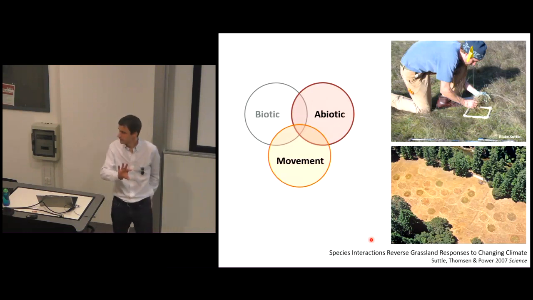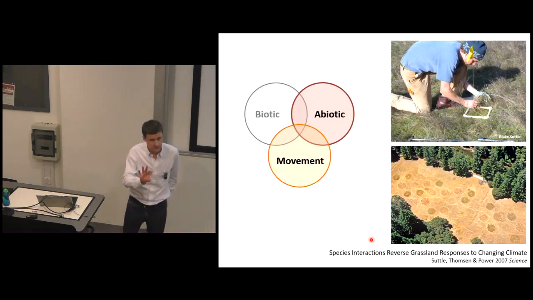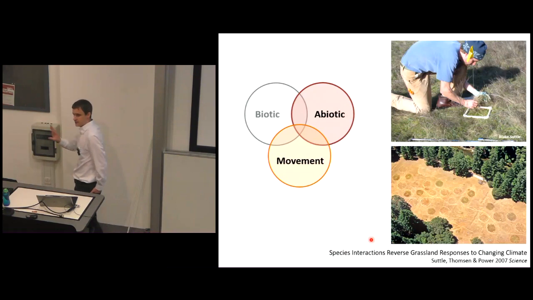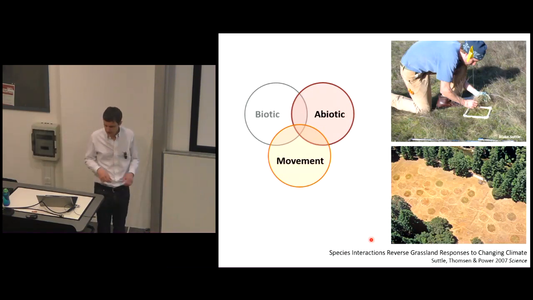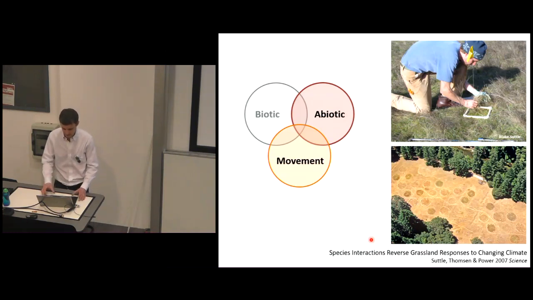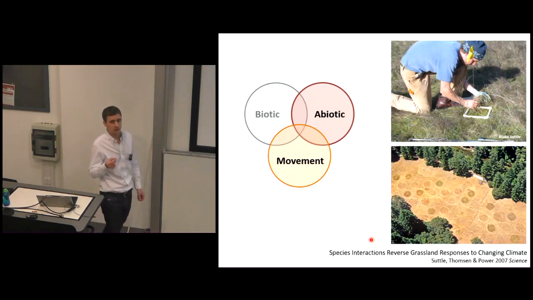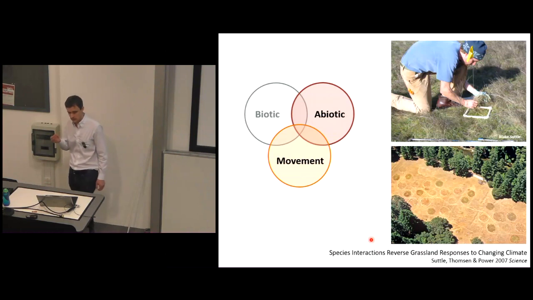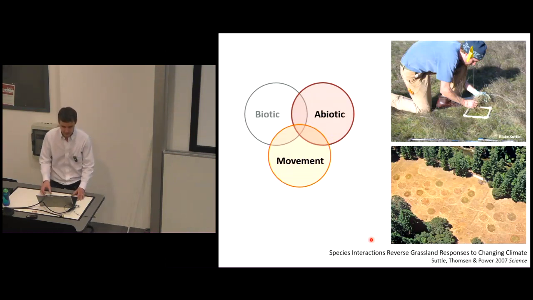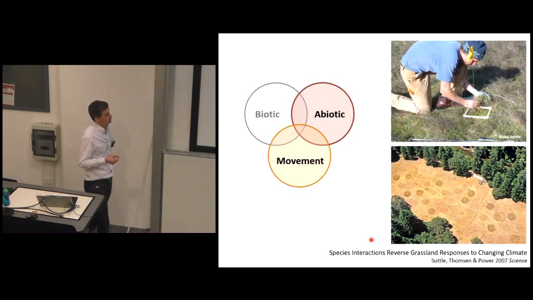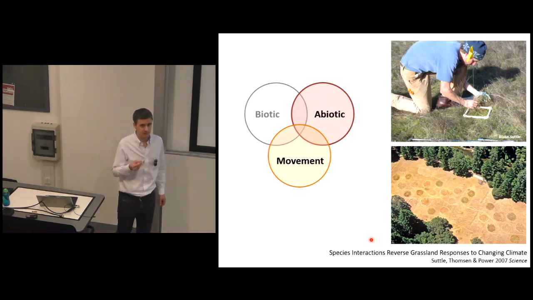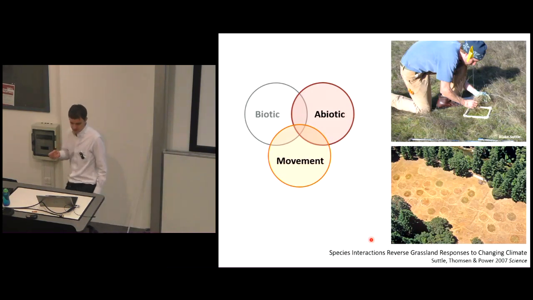Right, so shifting gear a little bit. Everything that I've talked about so far is abiotic environment and movement, but the big missing factor so far is biotic interactions, and this has been a real general problem in the whole field that I've been working in for a few years. How can we get information on biotic interactions into some of the approaches that we use? And we know this is important. We know from empirical studies that this is important.